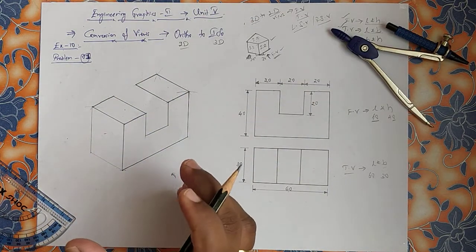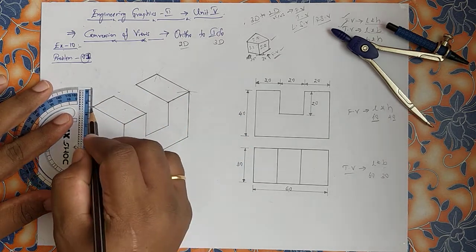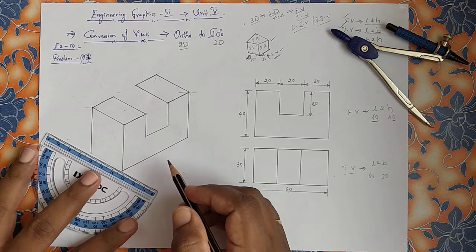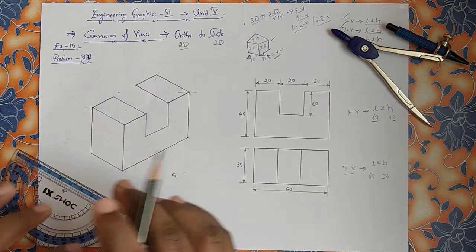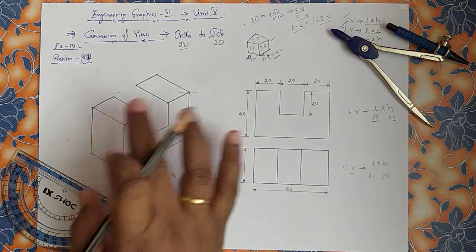Now, is this looking like three-dimensional? Not exactly. We are supposed to finish with thick lines at the right iso left. If there were any change in the view of the iso left, there would be some hidden lines, but there are no hidden lines, so that's why we are giving it this way.